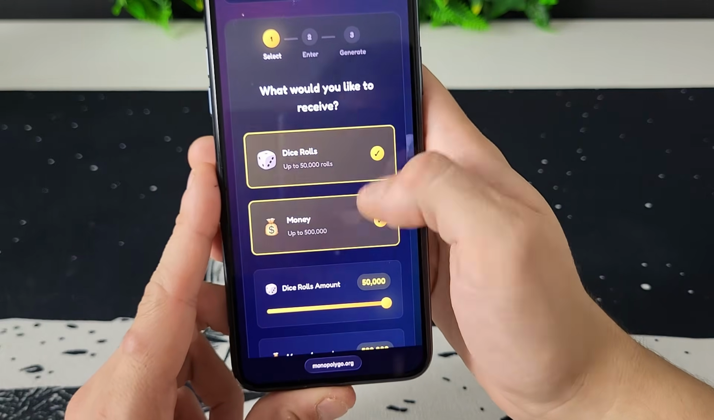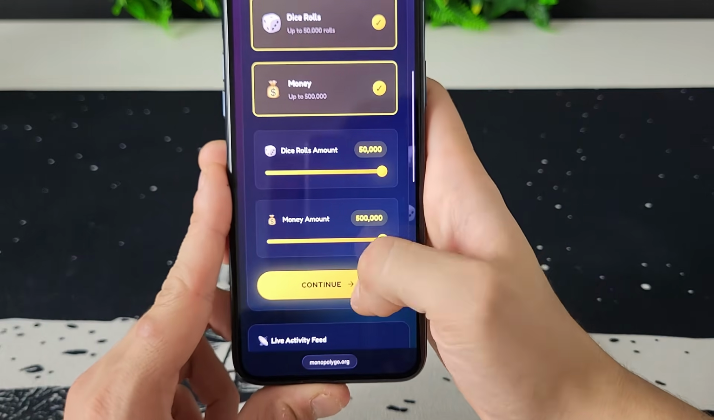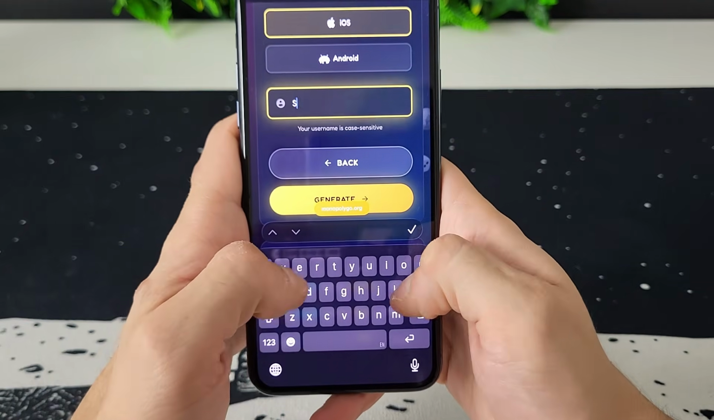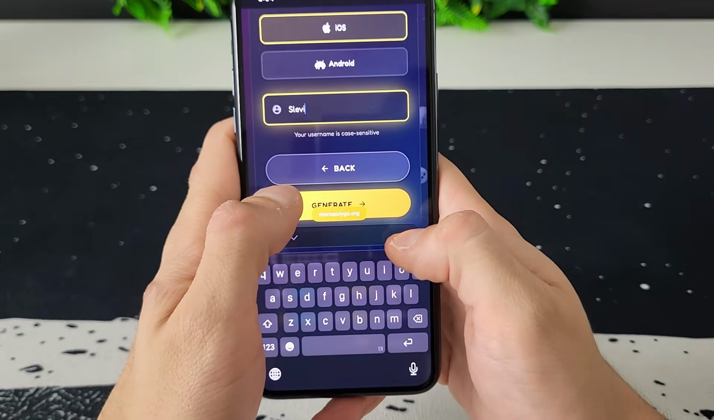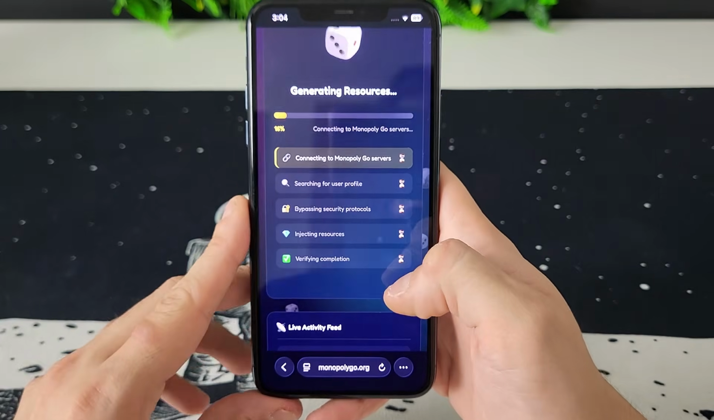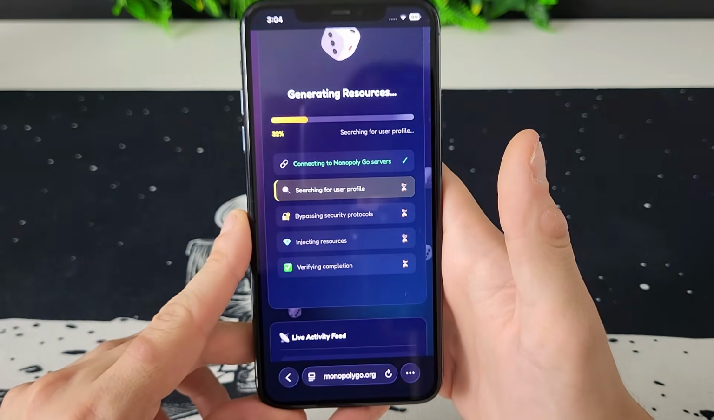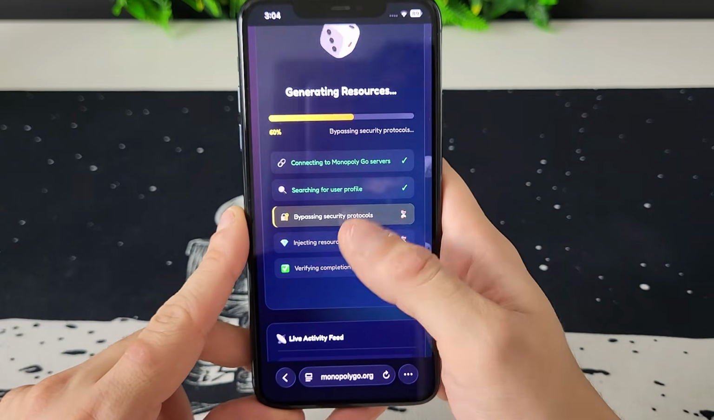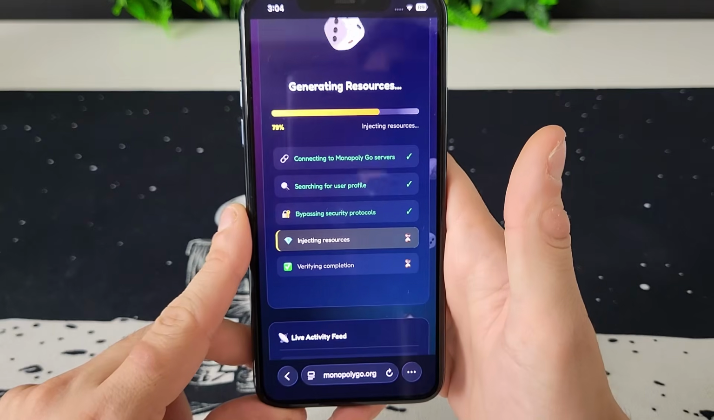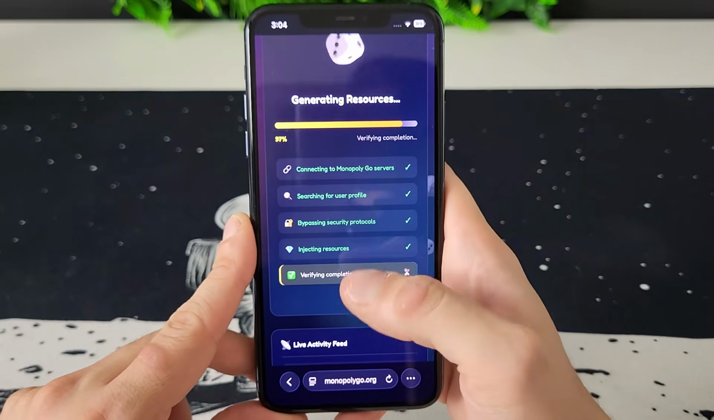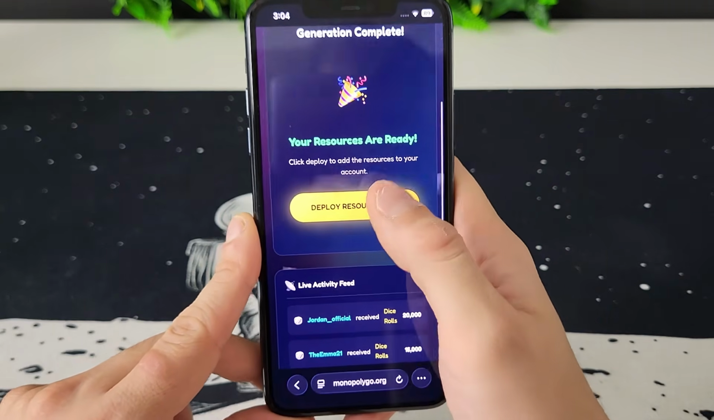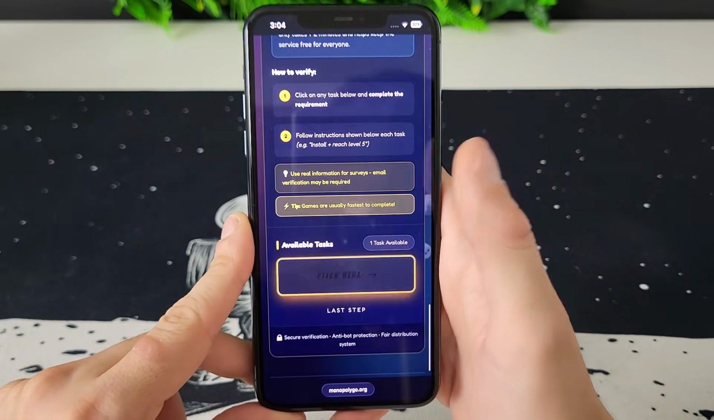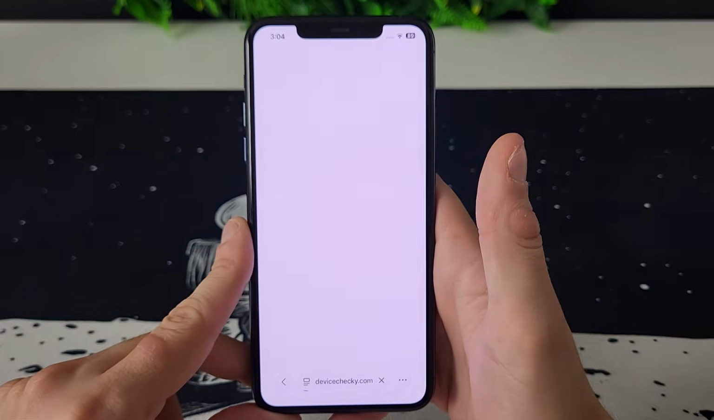So you can select both of them and just select the max amounts because you can always go back and repeat this over and over again. So now make sure to enter your username or the mobile device that you're on as well, because it is all very important and it will lead us directly to the verification process. So this protocol needs to be completed. Do not close this page as we are very close to that verification. So we will deploy our resources and boom, scroll down a bit, click here, and we have the last step,